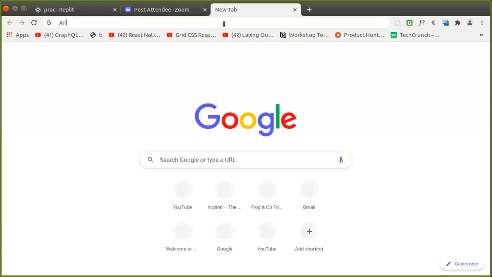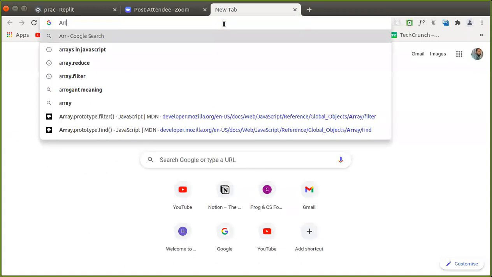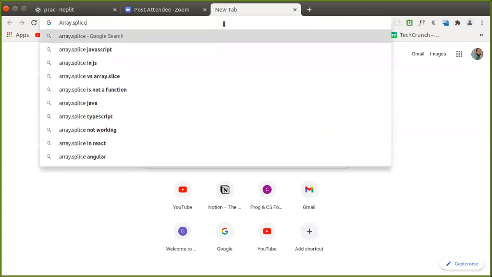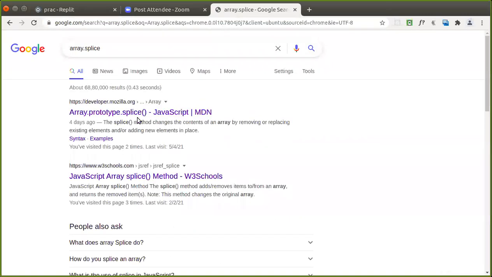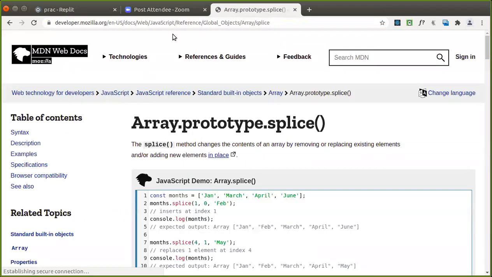Once again I repeat, guys, for further reading, I recommend you go through this one. Array dot splice. There is MDN, the Mozilla Developer Network documentation.